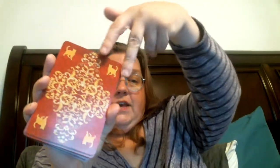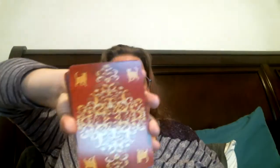Now I find that interesting because the backs of the cards are reversible. The feet of the cats point down towards the center of the backs, and so these are easily reversible and usable. Sorry, I got something hanging off my arm. And the only other thing I can say that